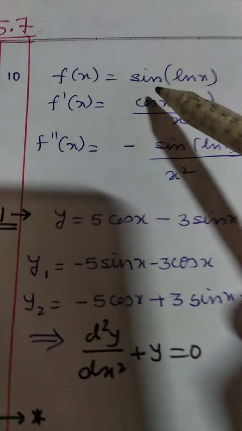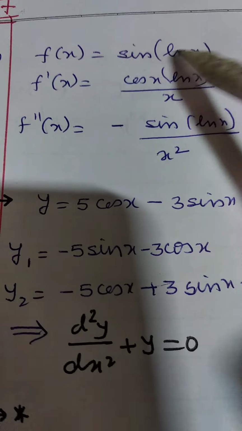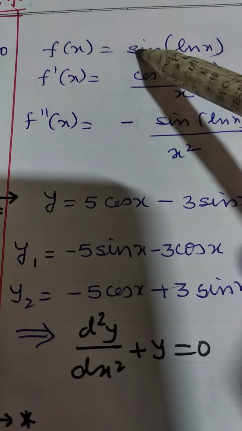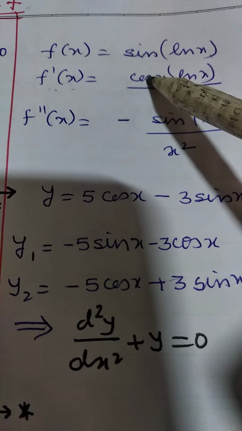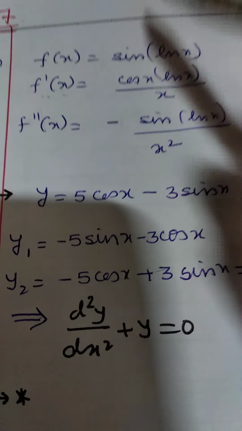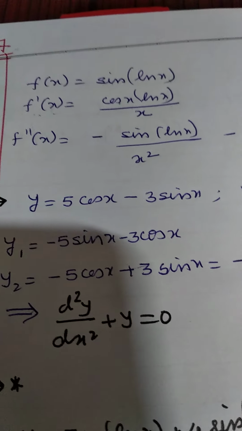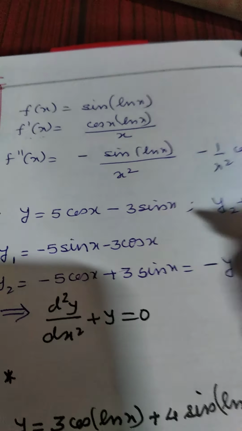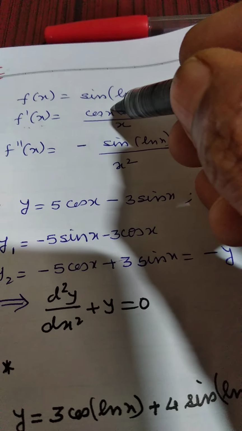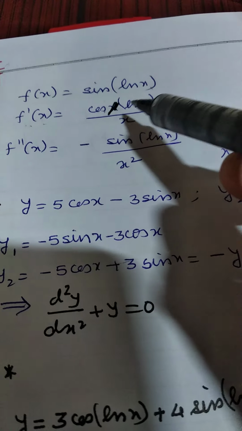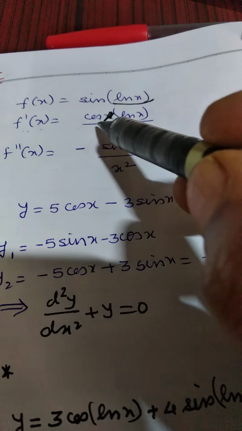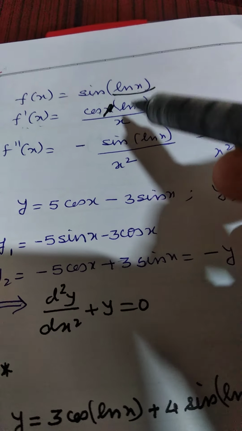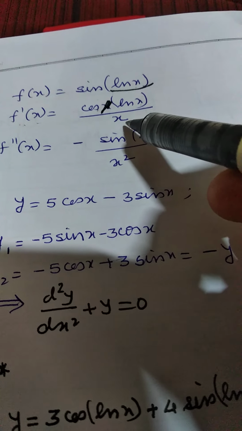Now, the next question that you have is sine of log x. Sine of log x, again, first derivative f prime x, sine's derivative is cos of that function. Sorry, this is cos of x. We don't have this x here. It's cos of log x. It's sine of log x, so it's cos of log x. Then the derivative of log x, that is 1 on x.